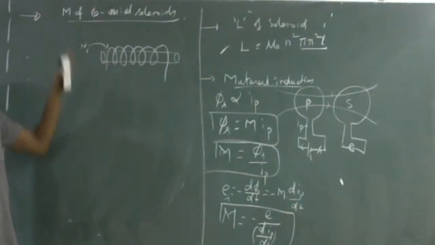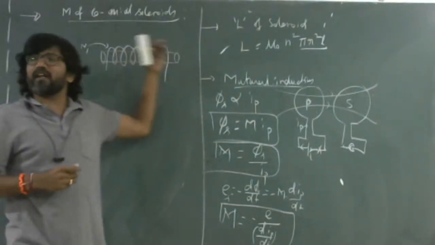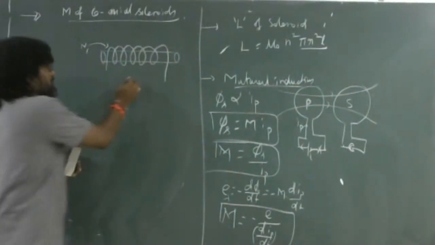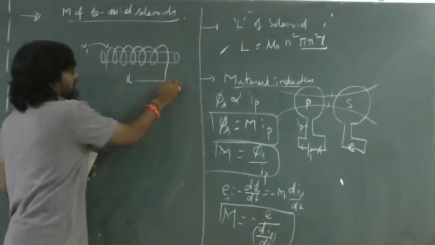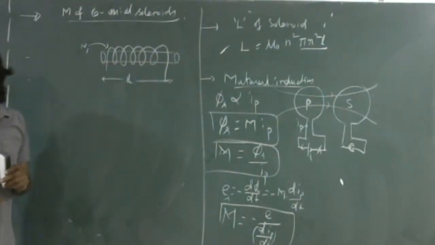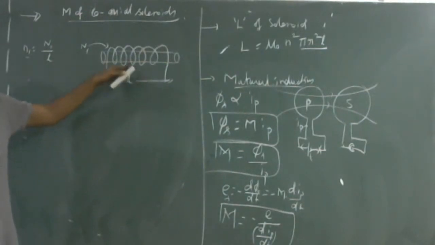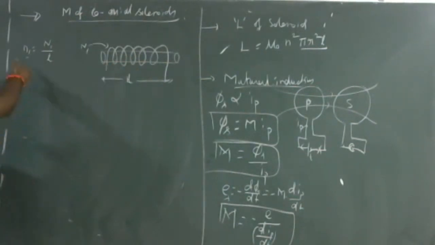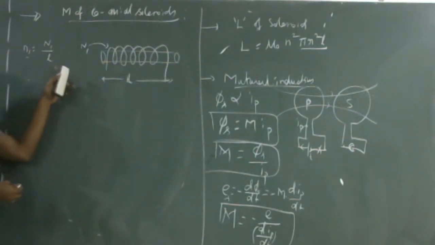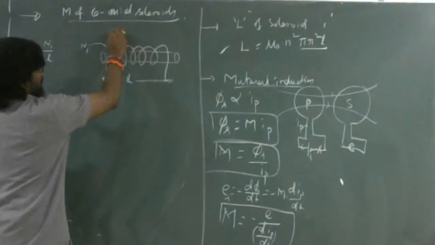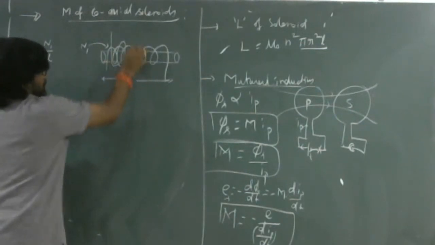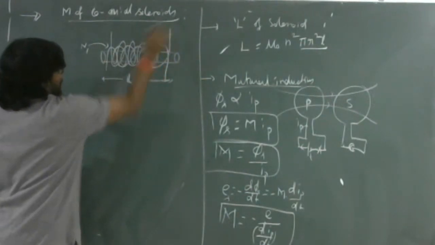If you wind the coil of solenoid S1 on the core, which is having length l, then small n1 is equal to the number of turns per unit length of the first solenoid. And similarly, if you wind another coil, we consider another solenoid